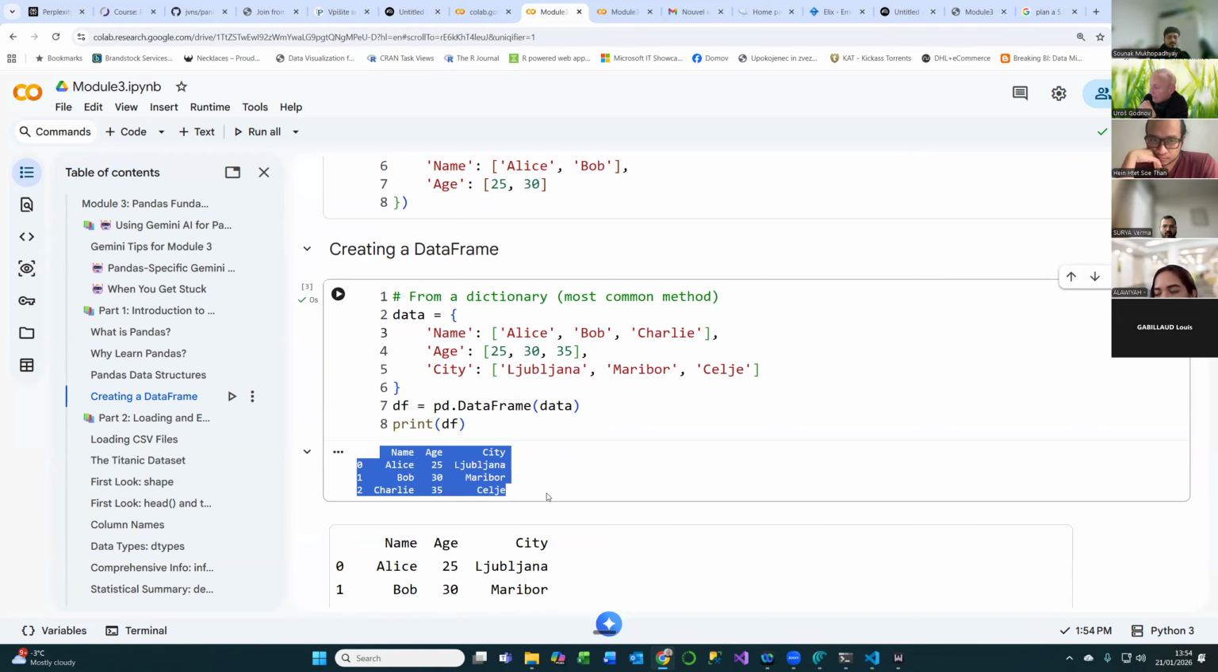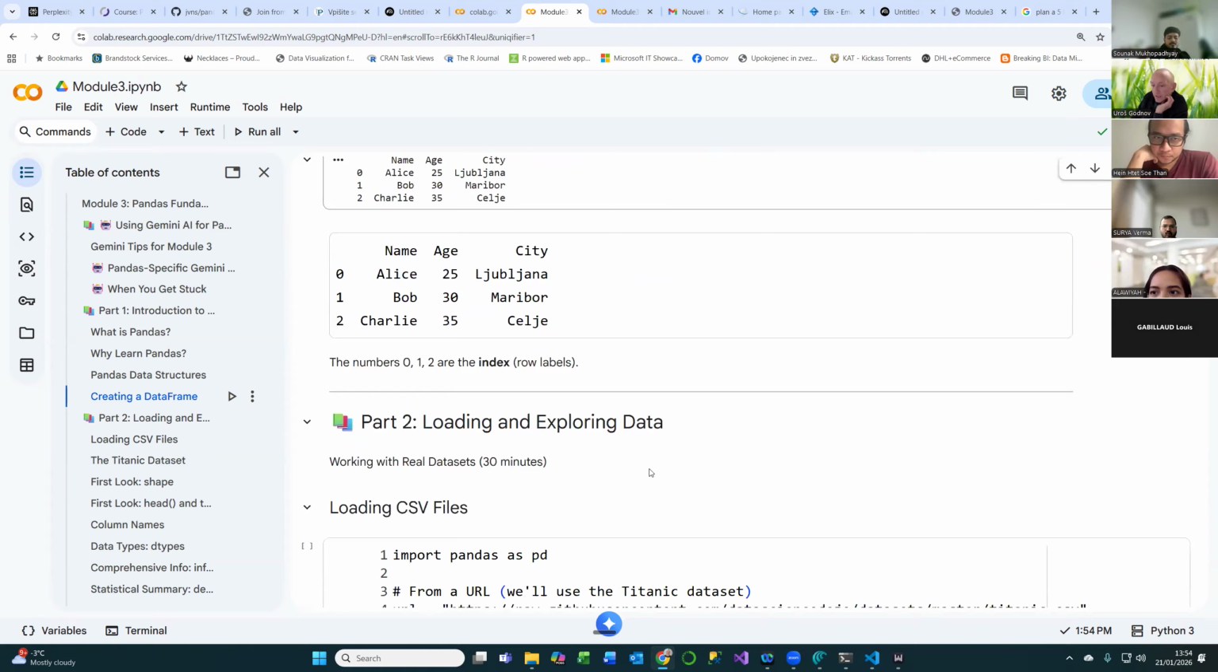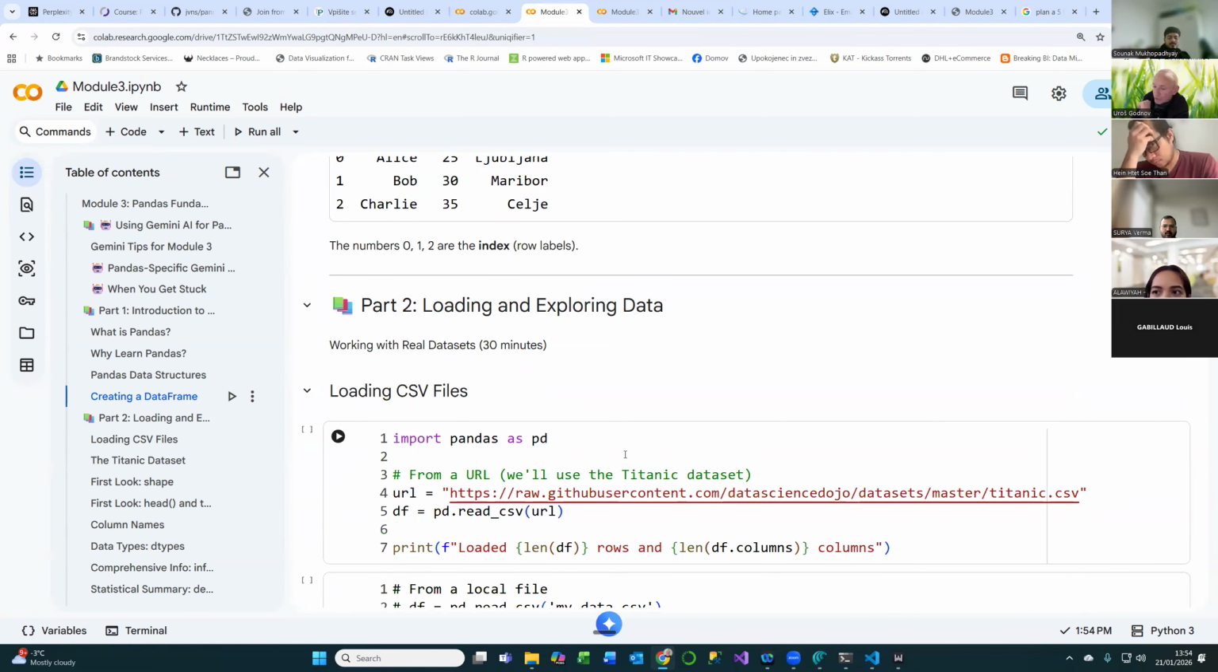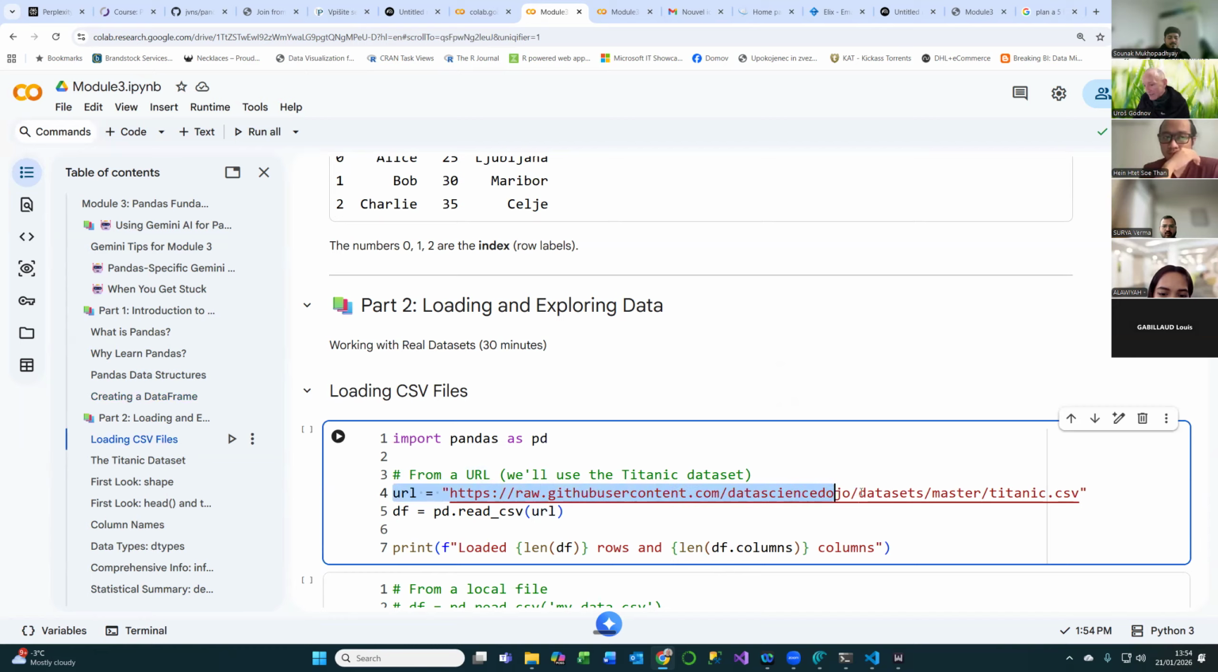Okay, so now we have here a data frame with three columns and three rows. But of course, this will usually not be the case, where you create a dictionary and then do some analysis. Usually you will get data and you will import data. So in our case, we have a comma separated value